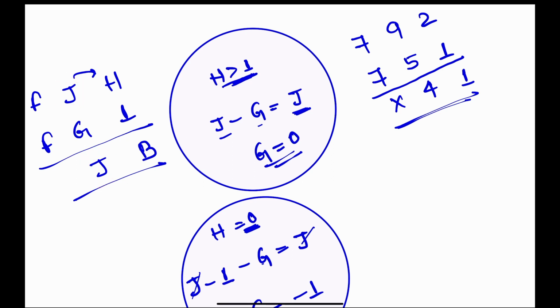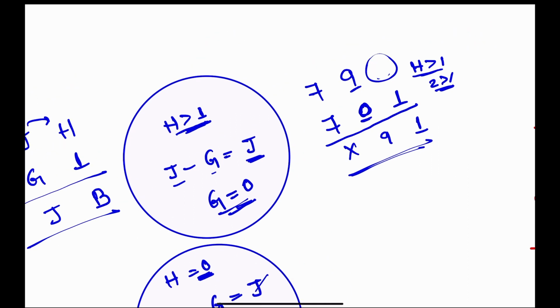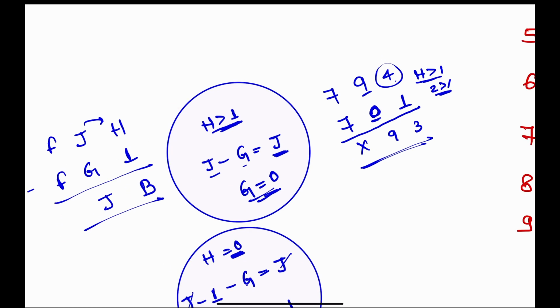So when H is greater than 1, 2 is greater than 1, if 9 is here and 9 should also be here, what is the value of G? G will be nothing but 0, right? The value of G is 0. Take anything here, if you take 3, then also the same thing, nothing is going to change. If you take 4, then it will be 3, right? So this is the first condition,